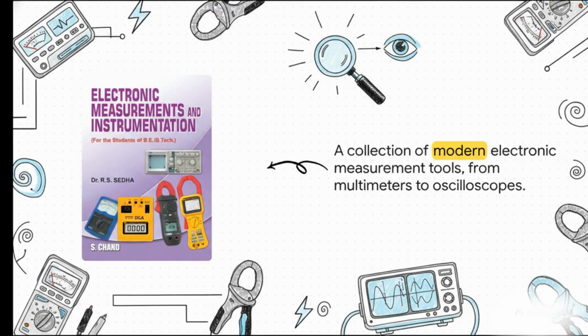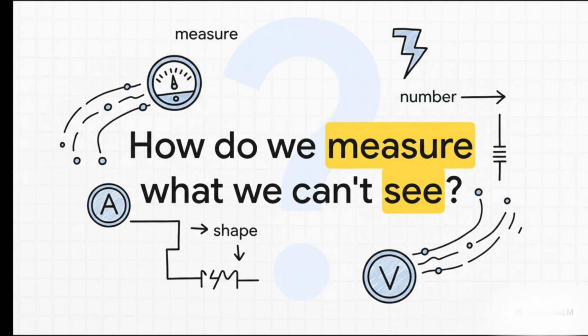You know, to work with electricity, we basically had to invent brand new senses for ourselves. We built all these amazing instruments, from pretty simple multimeters to really complex oscilloscopes. Each one is like a special window into that unseen realm, letting us measure and understand and, yeah, ultimately control it. But that brings up a really fascinating question, right? If electricity is just this silent flow of electrons, how in the world do you even begin to measure it? How do you give it a number or a shape or a direction? Well, that's the big mystery we're going to unravel in this explainer.